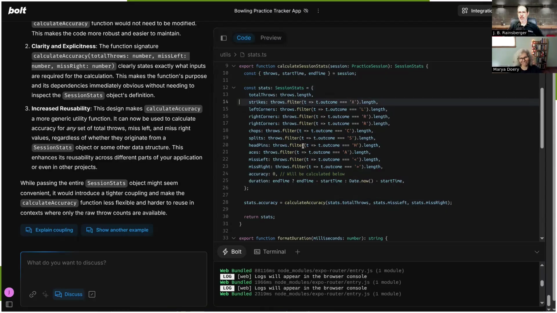We're now very much in the angels dancing on the head of a pin territory with respect to this actual problem. But the larger problem is that there's a difference between structural coupling and logical or conceptual coupling.